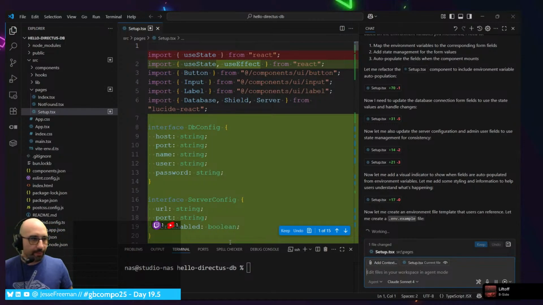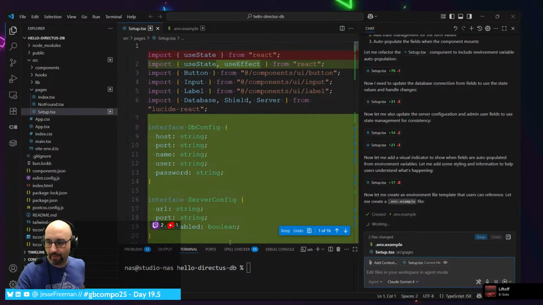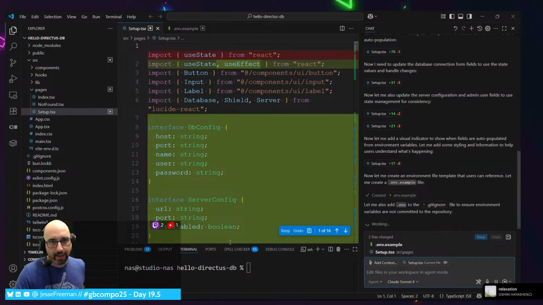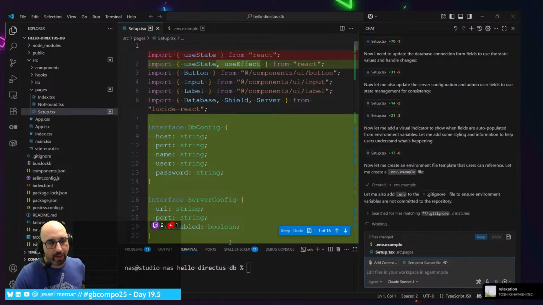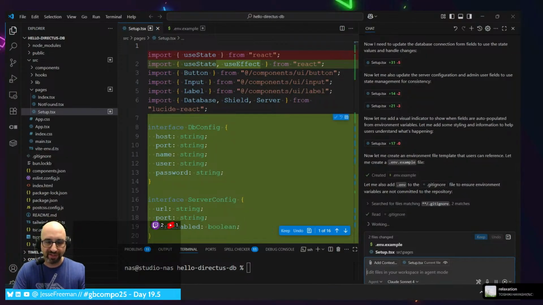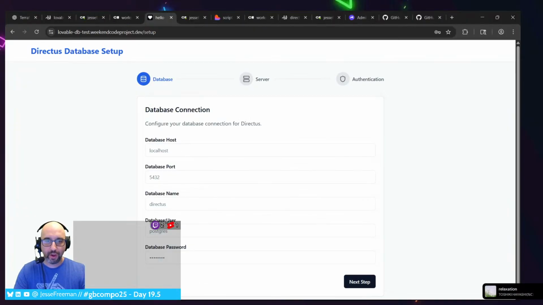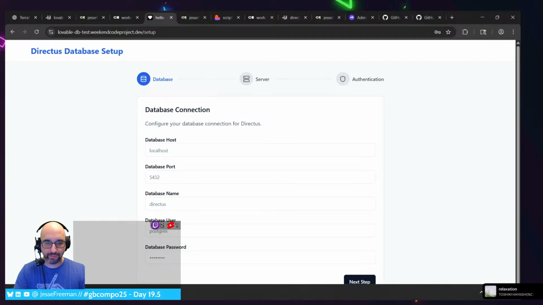So by changing this and ensuring that I can get this to connect, I will know right away that the database stuff in my own workspace is working. So all I need to do is just map these environment variables over to this stuff and make them the default values.